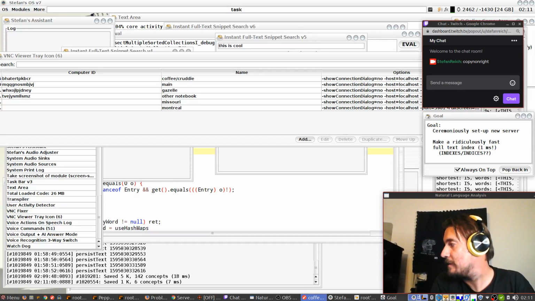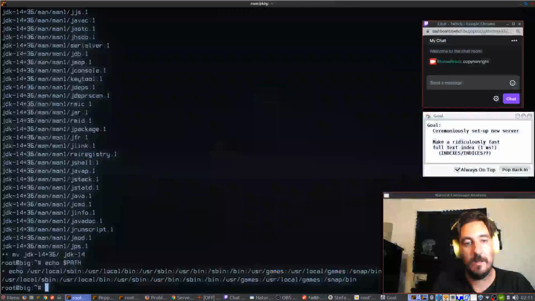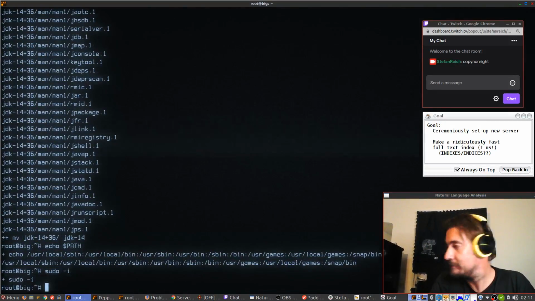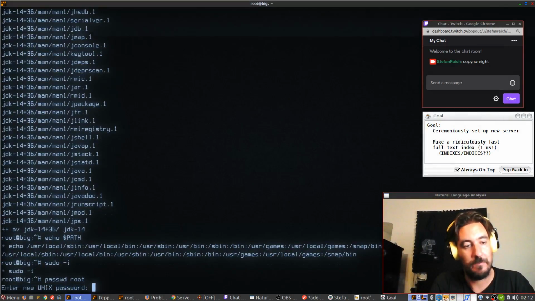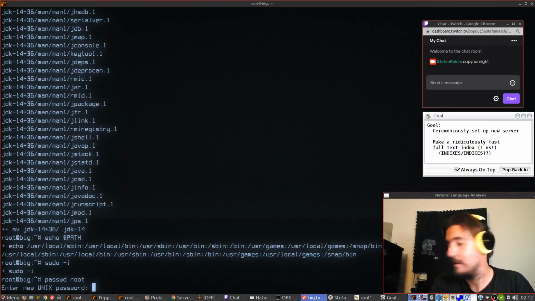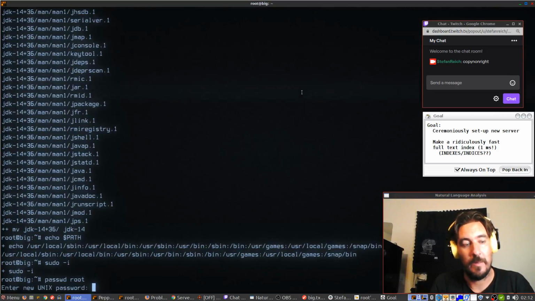Know what I mean? Add root login. Aha, that's how it works. I have to log in. I am logged in. Sudo -i. Password root. Okay. And I put in a new password. And I paste.